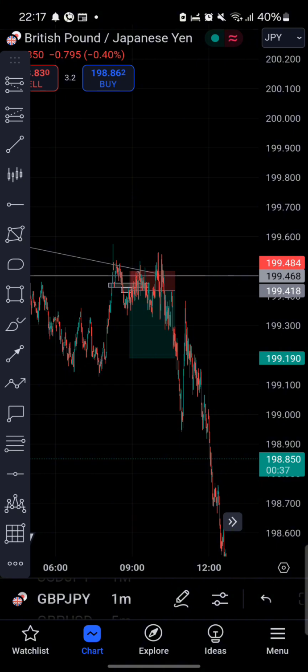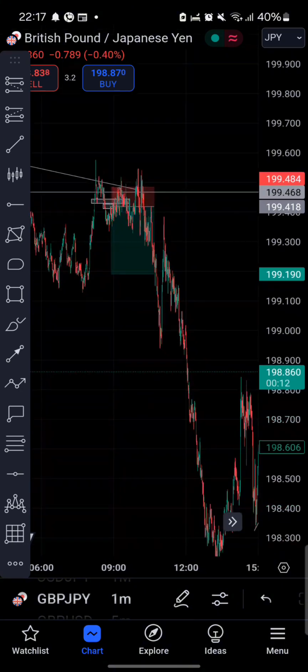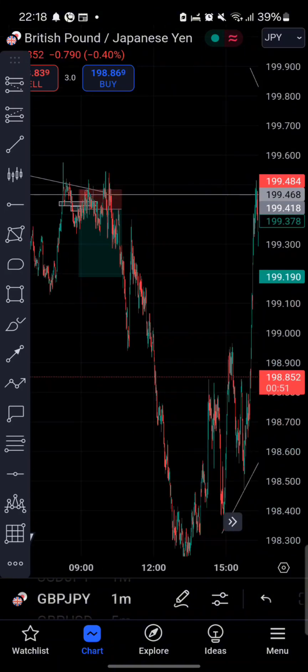So rather, I go back to risking 1%, because I also noticed that I've taken way too many trades in a short space of time. I probably took like 11 trades at this point. So what I'm gonna do from now on is I'm gonna risk 1% per trade, and we're gonna target those big moves, because I can't claim that my strategy is a 1 is to 10 plus, whereas I am not demonstrating that. So I want to prove this to myself and to what I preach, so that you can get to see actually that